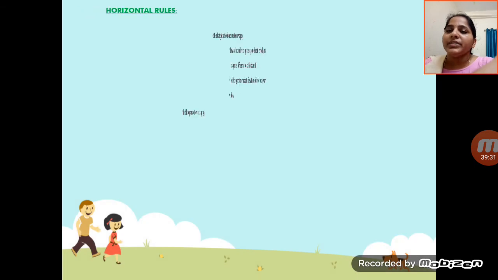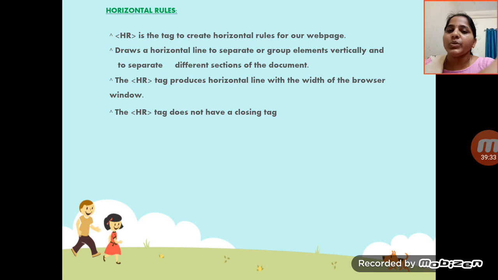And then horizontal rules. HR is the tag to create horizontal rules for our web pages.